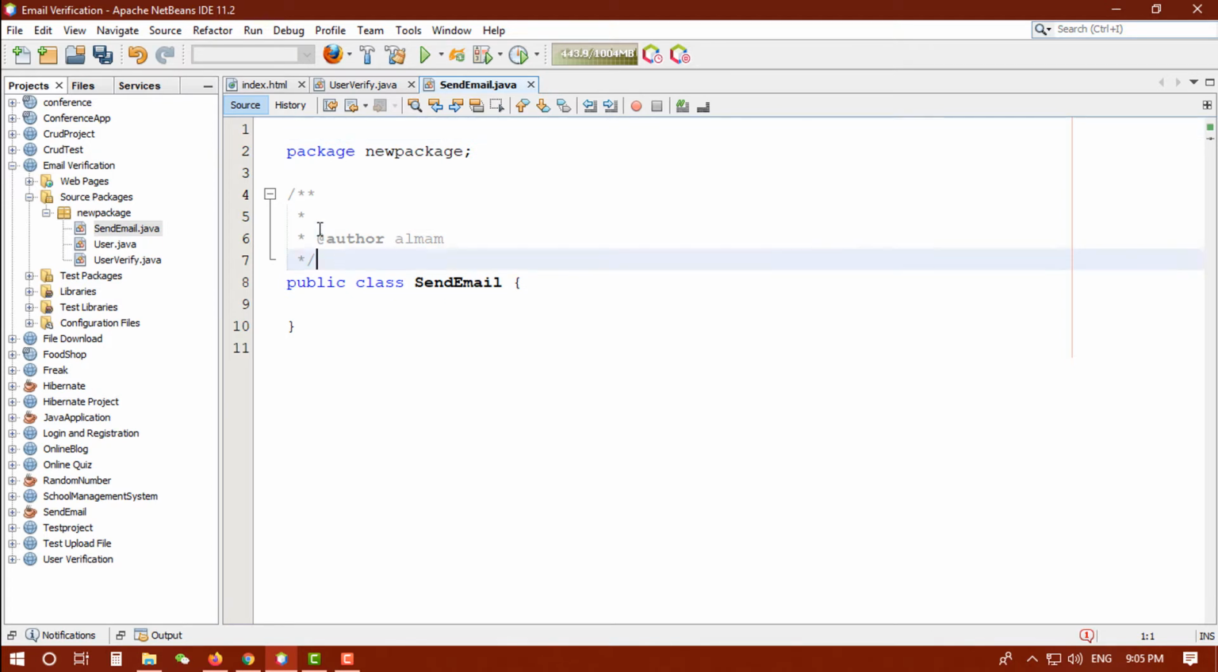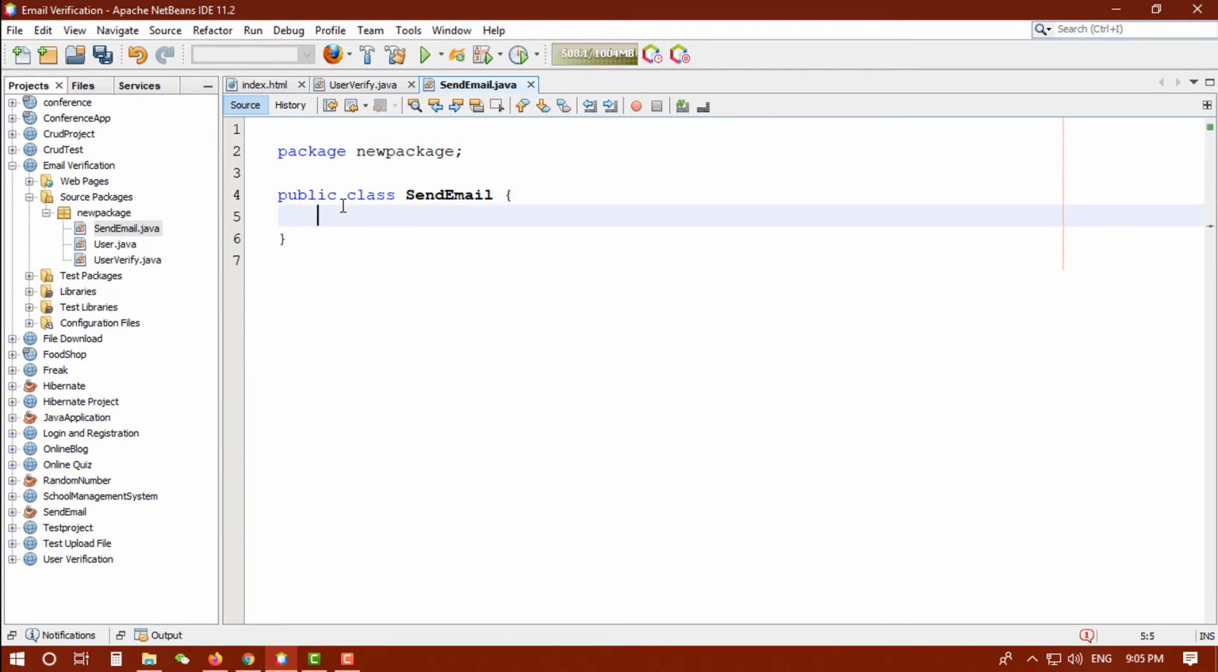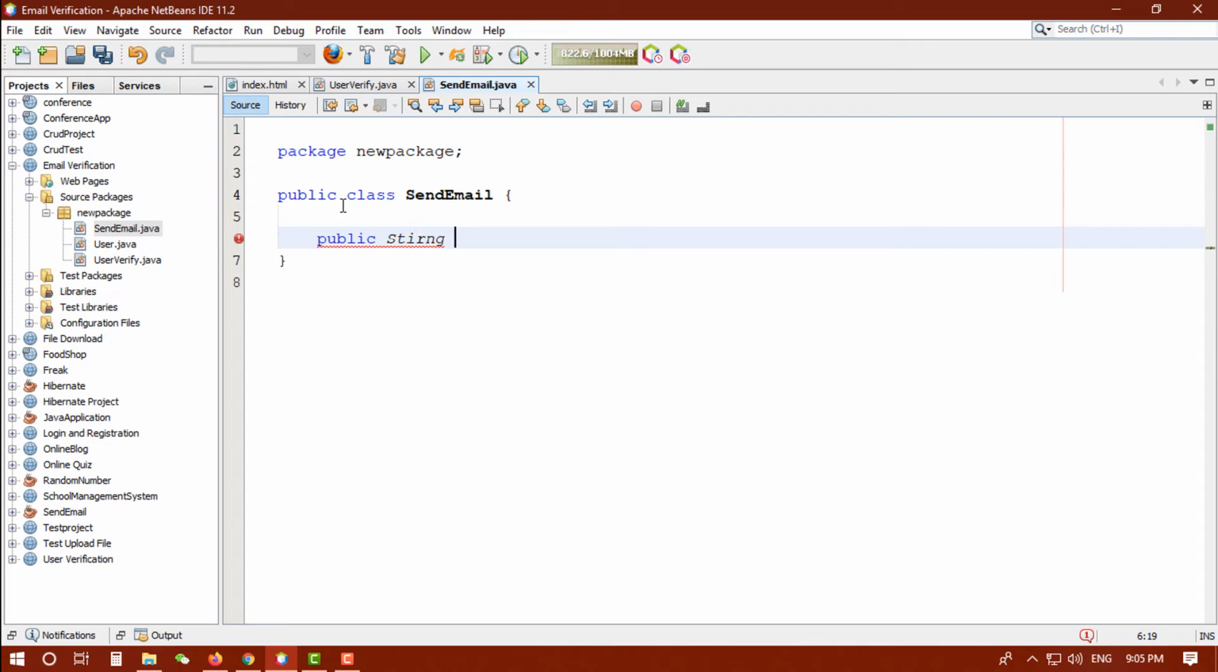And in send email, we are going to create two methods. The first method is to generate a random number that will be our verification code. So first of all, I am going to create a public method that will return a string type,